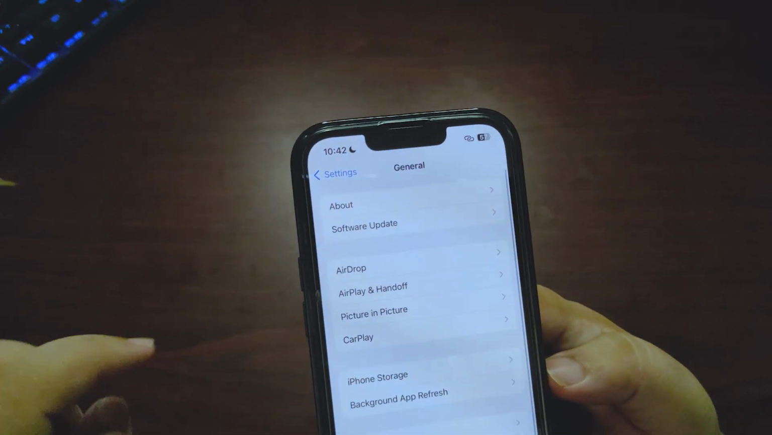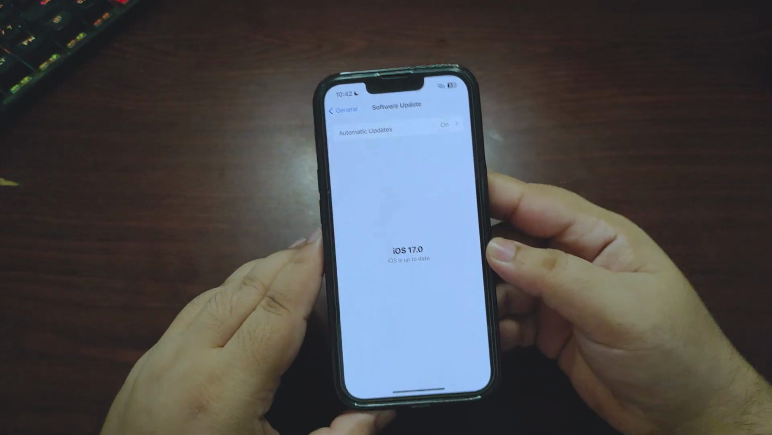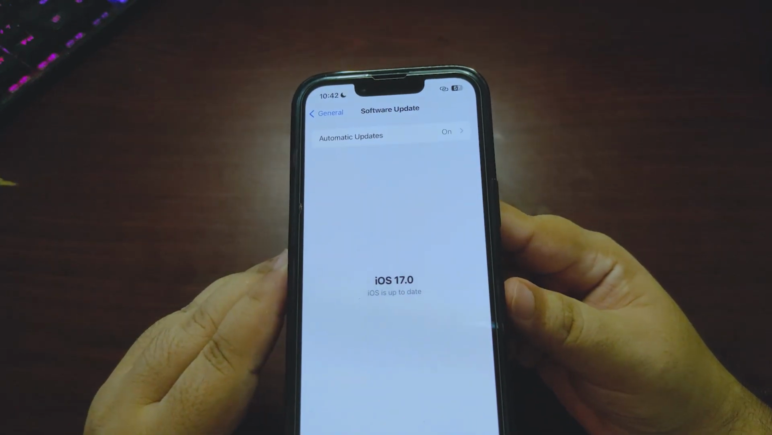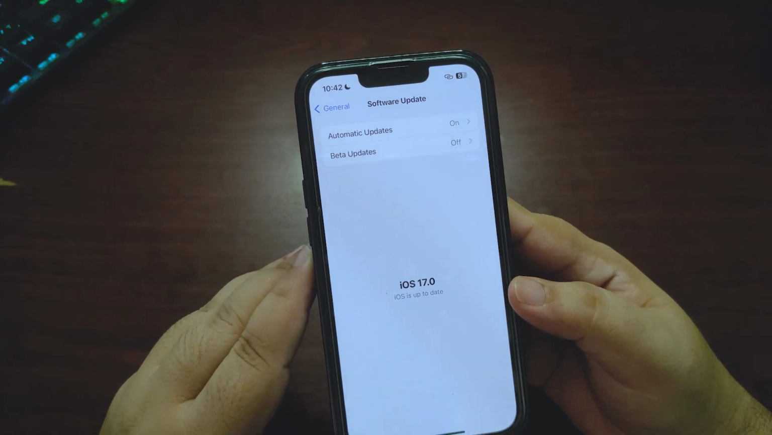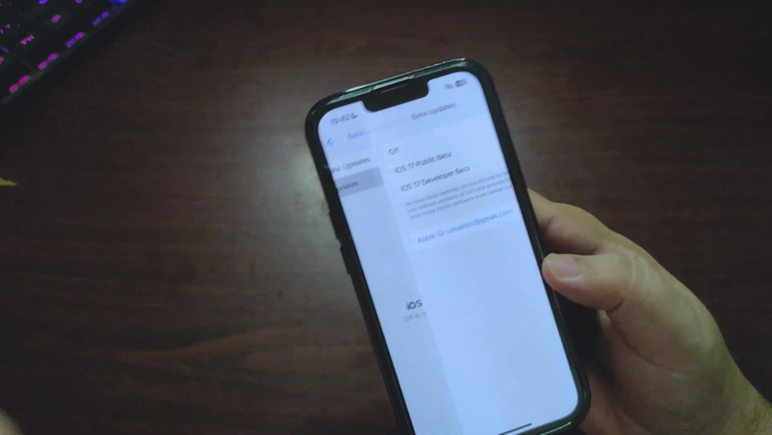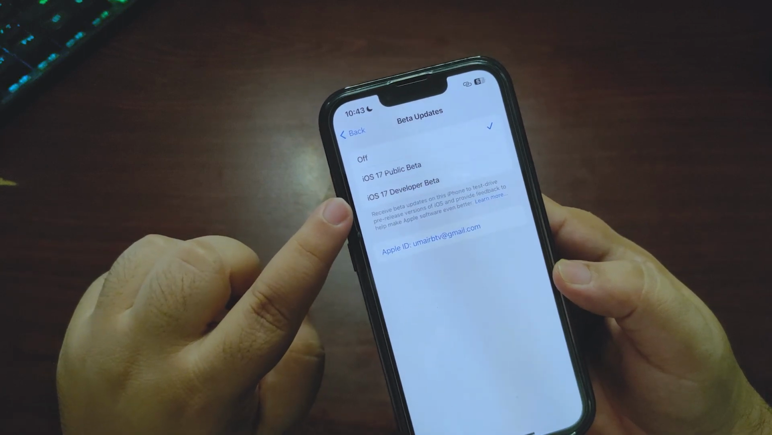So what you need to do is go to Software Update and wait for it. I am already updated to iOS 17. If you're using any older version, it will show up over here and you can update to iOS 17. If you are running any betas, any iOS 17 public beta or developer beta, you need to